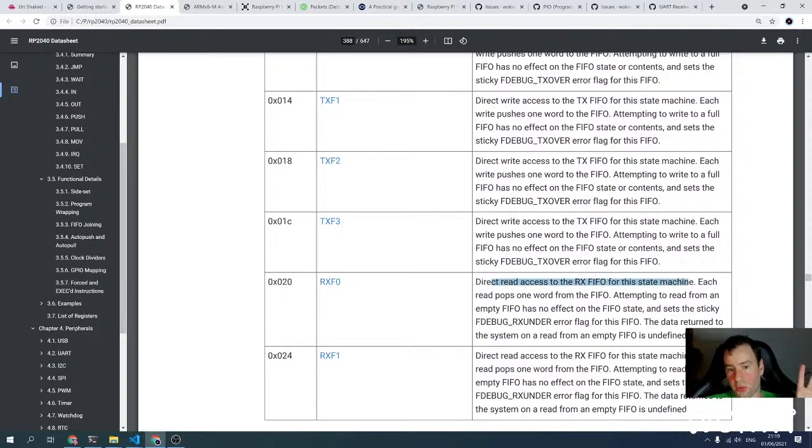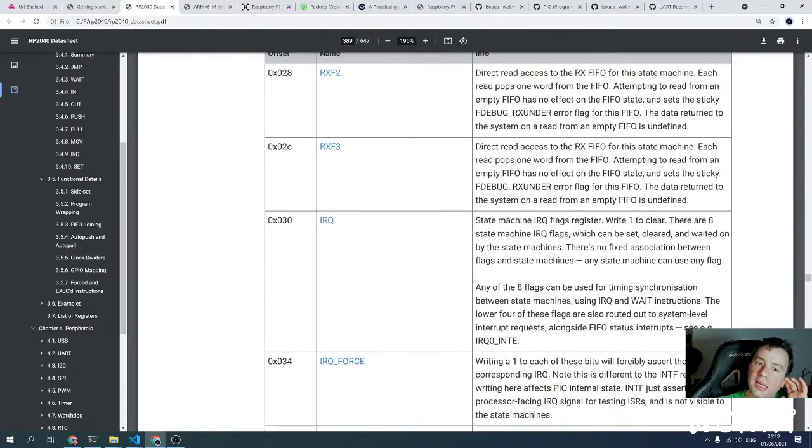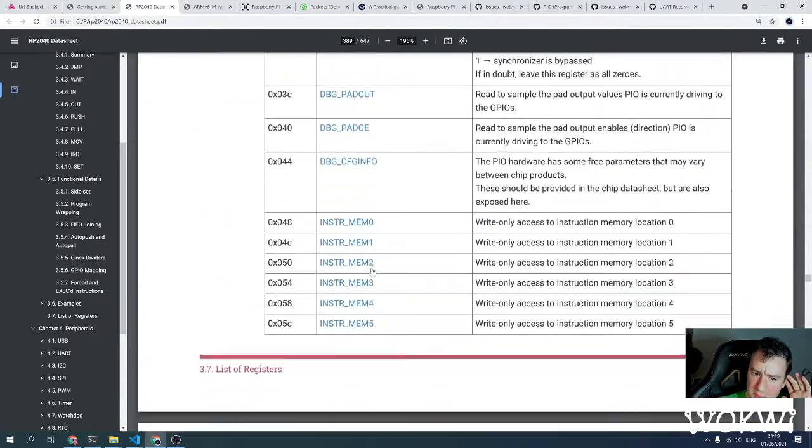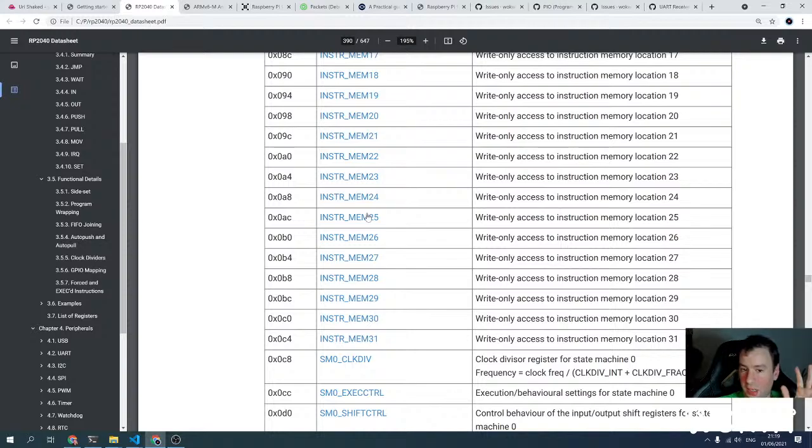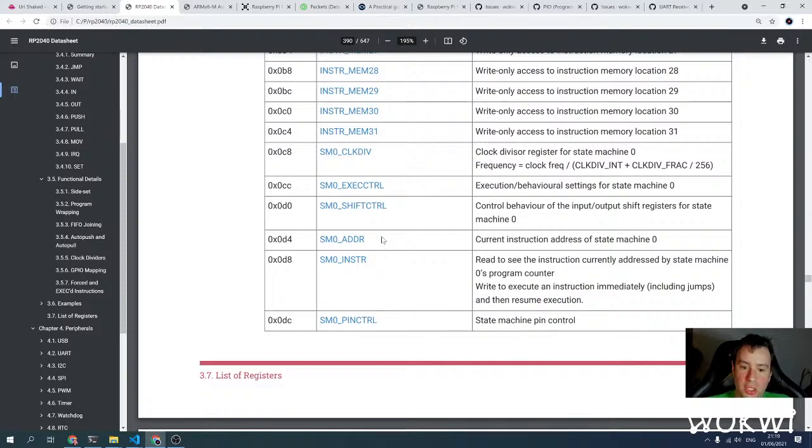So that's how the program interacts with the state machine. And then there is a bunch of registers for all the instructions. So this is how we can upload the program into the state machine. And then for each state machine, there is a bunch of registers, and one of them, this one, you can write to execute an instruction immediately, including jumps, and then resume execution. So basically this one would allow us to just push a single instruction and execute it immediately. And I think that's going to be super useful for